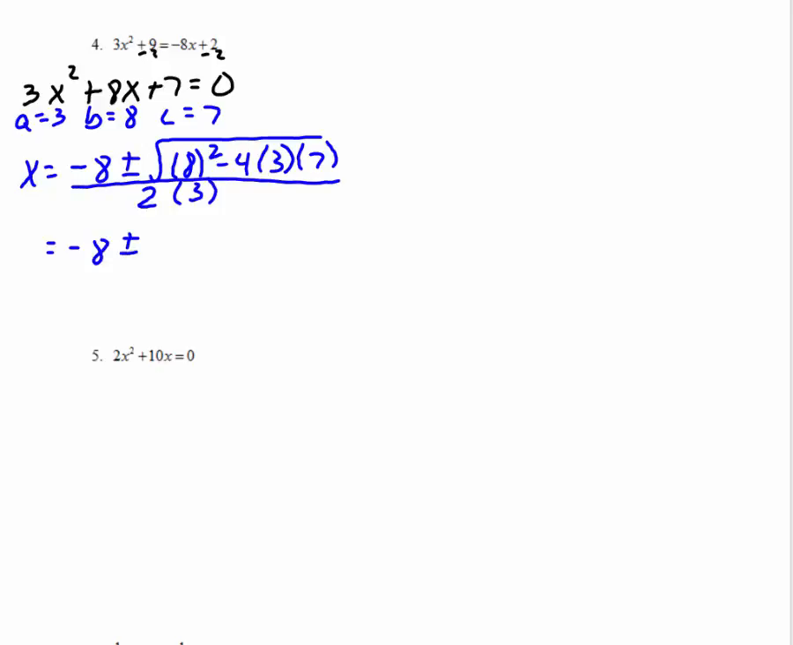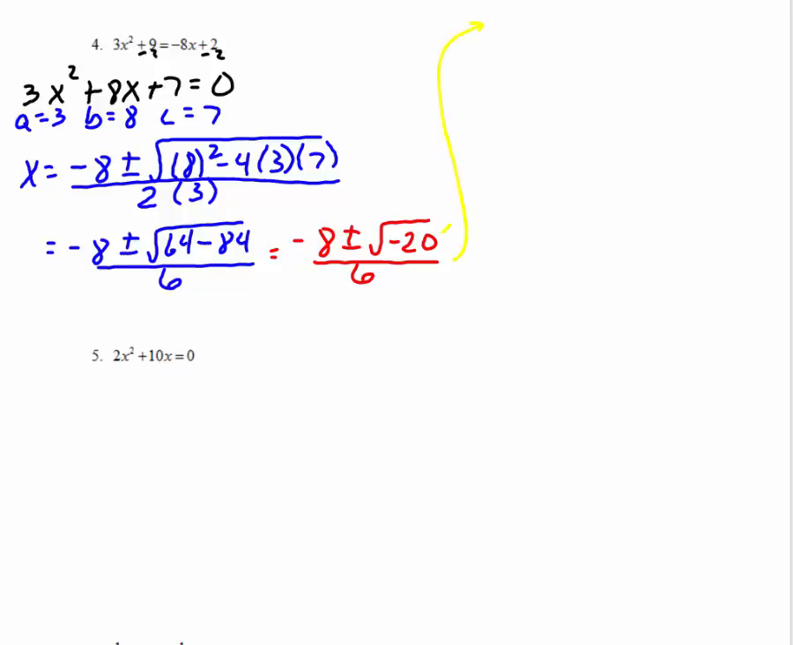So I end up with -8 plus or minus, well, 8 squared is 64, and 4 times 3 times 7 is 84, but it's going to be a minus 84 all over 2 times 3, which is 6. So that's going to give me -8 plus or minus the square root of -20 all over 6. So the negative under the square root means there's going to be an i, and what else can come out of a 20? Well, 20 is 4 times 5, and 4 is 2 times 2. So a 2 is going to come out and a 5 is going to be left underneath. So I end up with x equaling -8 plus or minus 2, an i comes out, a 5 is left